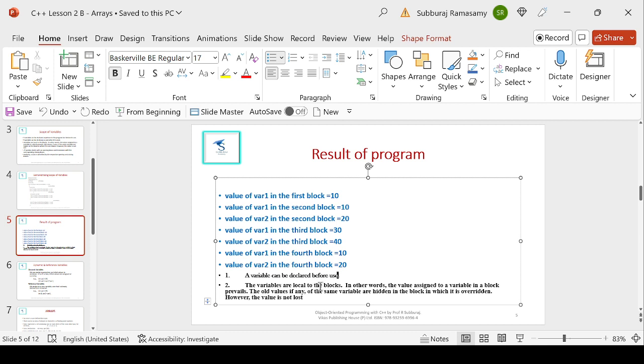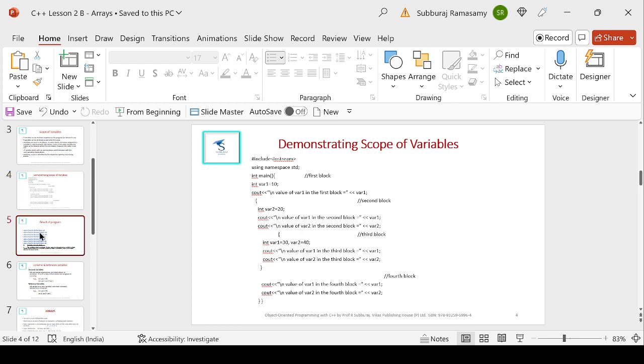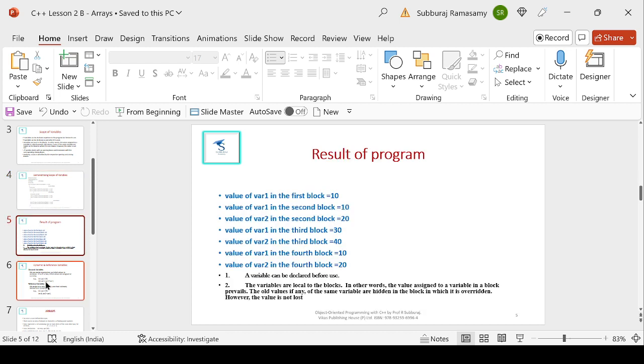The variables are local to the blocks. In other words, the value assigned to a variable in a block prevails. The old values, if any, will be hidden. So like 10 and 20 were hidden, but not overridden, so we could get back. So this is about the scope of variables. It's very important. There's a global scope that I will not discuss here; we'll discuss it later.